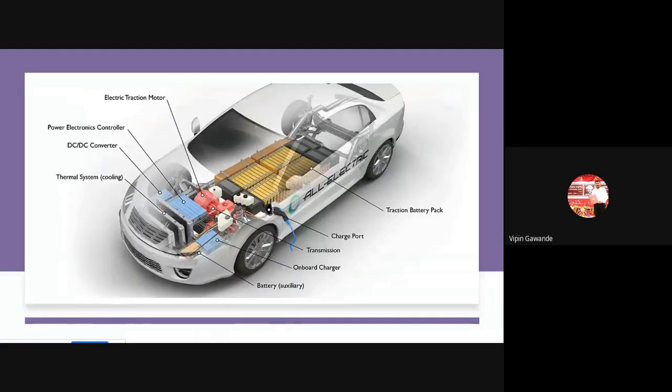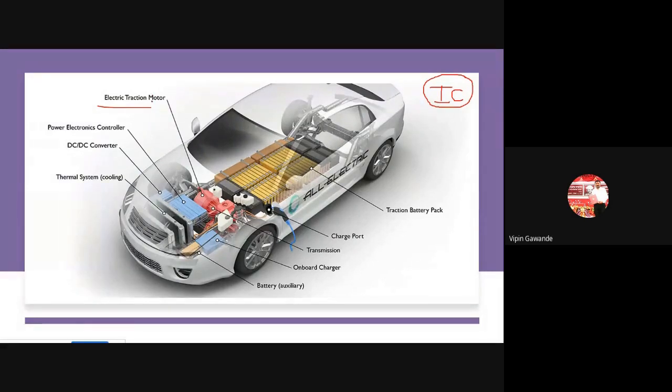So what is this electric vehicle now? This is our electric vehicle. This is just similar to the conventional vehicle, instead of the IC engine. We know that the conventional vehicle runs on an IC engine, but the IC engine is not present in this electric vehicle. It is present in a hybrid only, but in this one, the IC engine is not present.